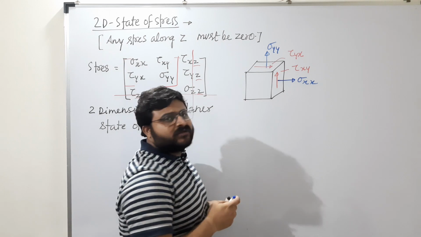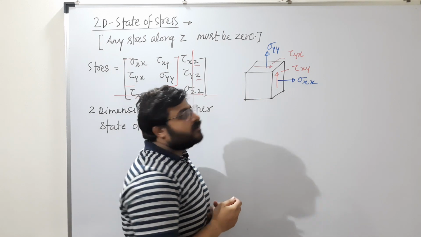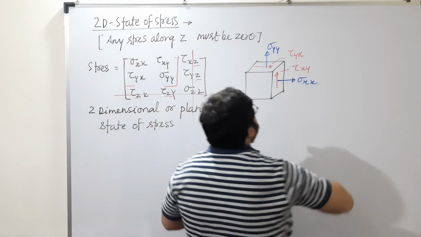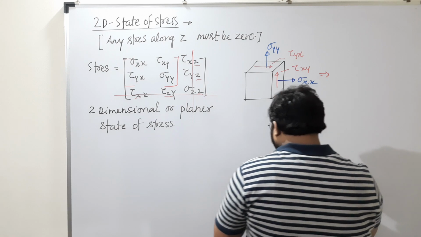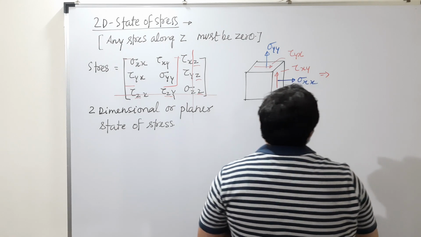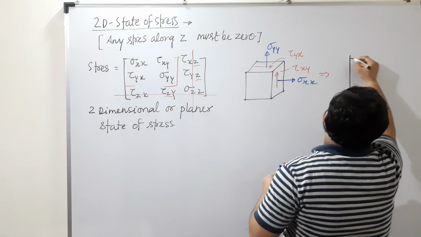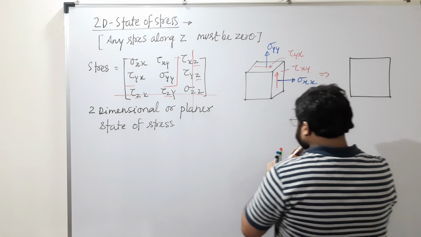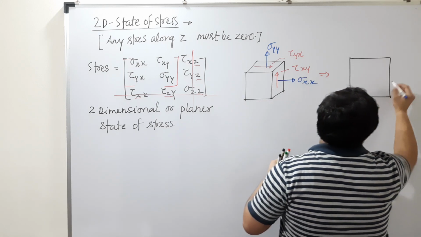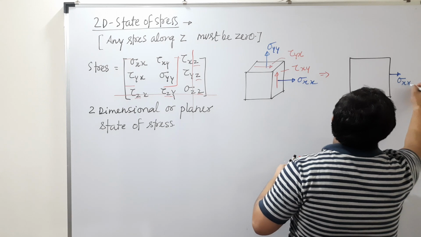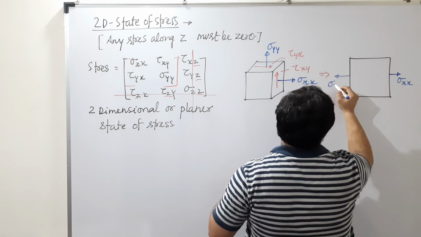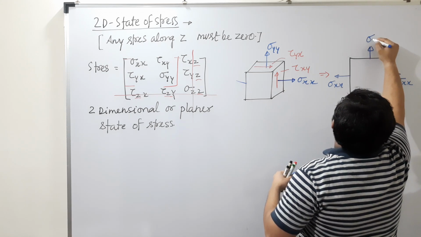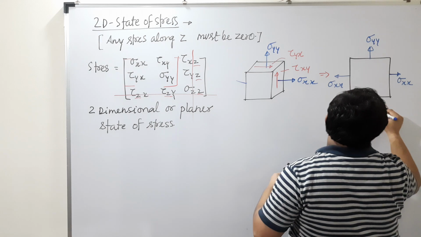This is a three-dimensional view, but because there is no z axis now, instead of this cube we need to go for a plate. That is a better representation. So we can simplify: we take a plate subjected to normal stresses like this. In this direction sigma xx, and this will be sigma xx at the back of it, right? And then here it is sigma yy, and this is also sigma yy.